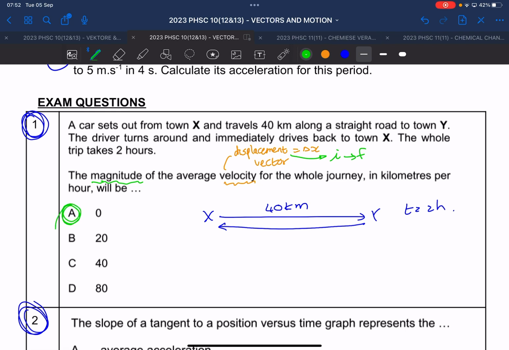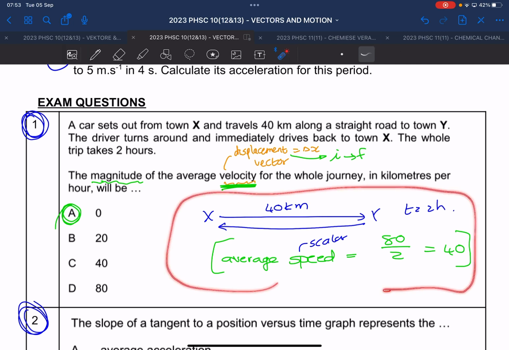So what you guys thought of is, if they ask for the average speed, speed is a scalar linked to distance. Then you would have said 80 divided by 2 gives you 40 kilometers per hour. That is not the question. The question was the average velocity. Sharp? Who got that right? Mooi. Okay. So, did you make these notes as I spoke? Because I know these things. If you got it wrong, it means you did not know this.